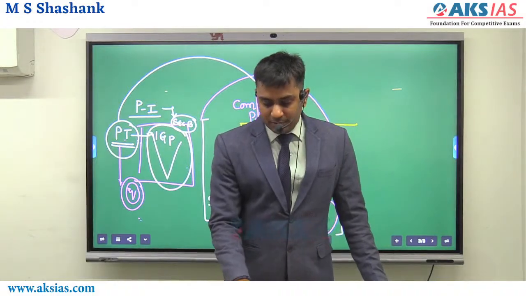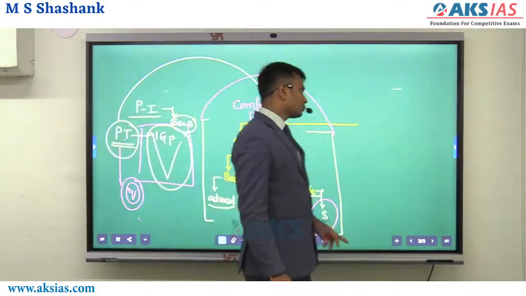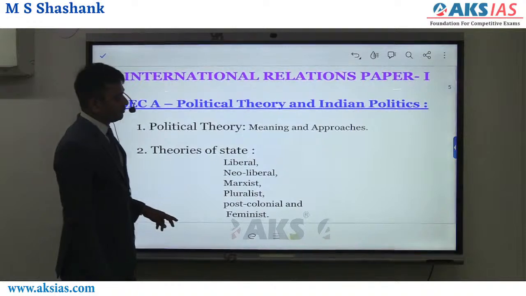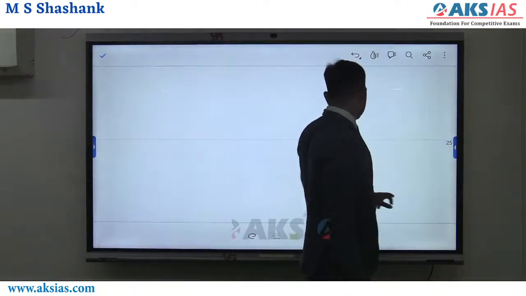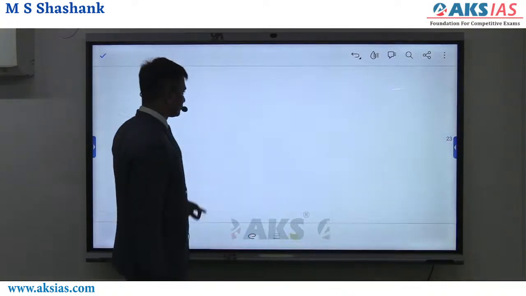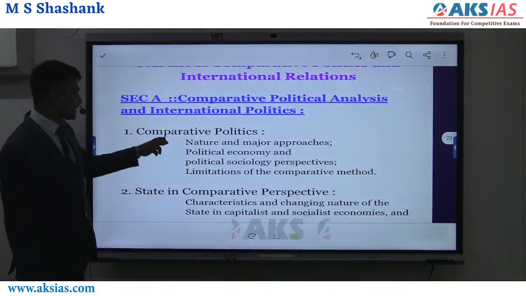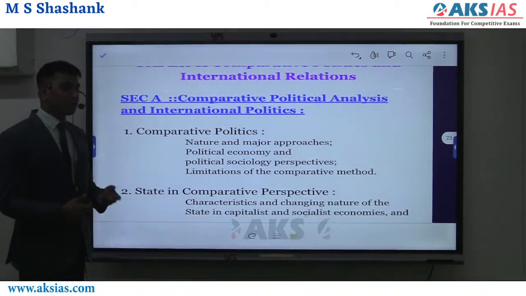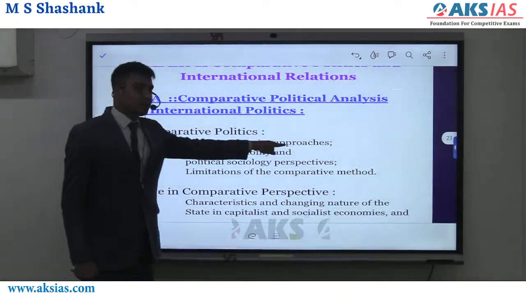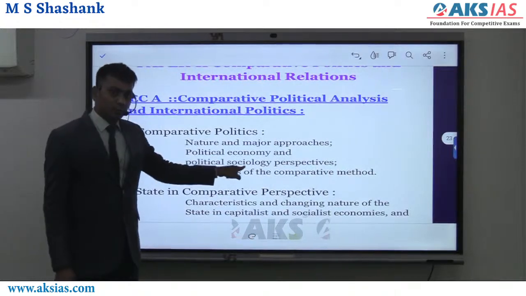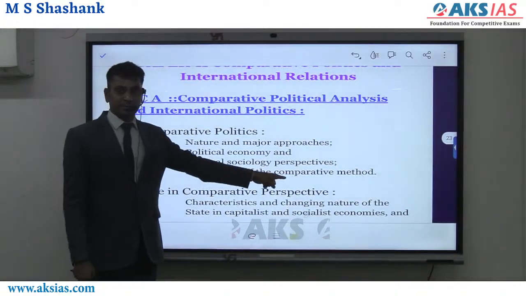So that is why they said limitations of the comparative method. What I mean to say here is, whenever you study this first topic, whatever they are speaking about comparative politics, it is to compare the politics of the countries. It is not over with the GDP of India. For comparison, you should know what the approaches are: economic approach, social approach. However, if you follow this, there are certain limitations. This is what they said.